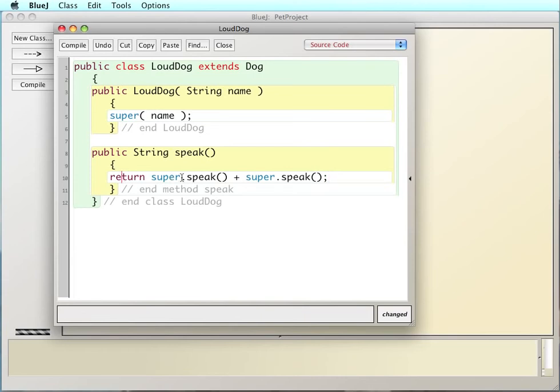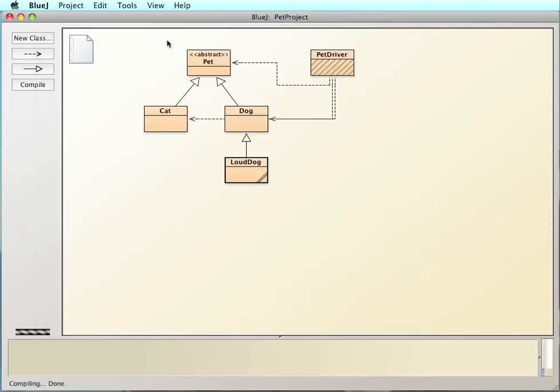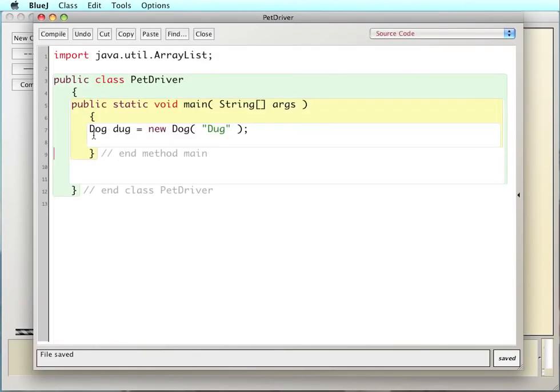And I'll return whatever a dog says twice. Compile that, and we should be fine. And to test all this, I'll create a couple animals. I have a dog, create a cat,